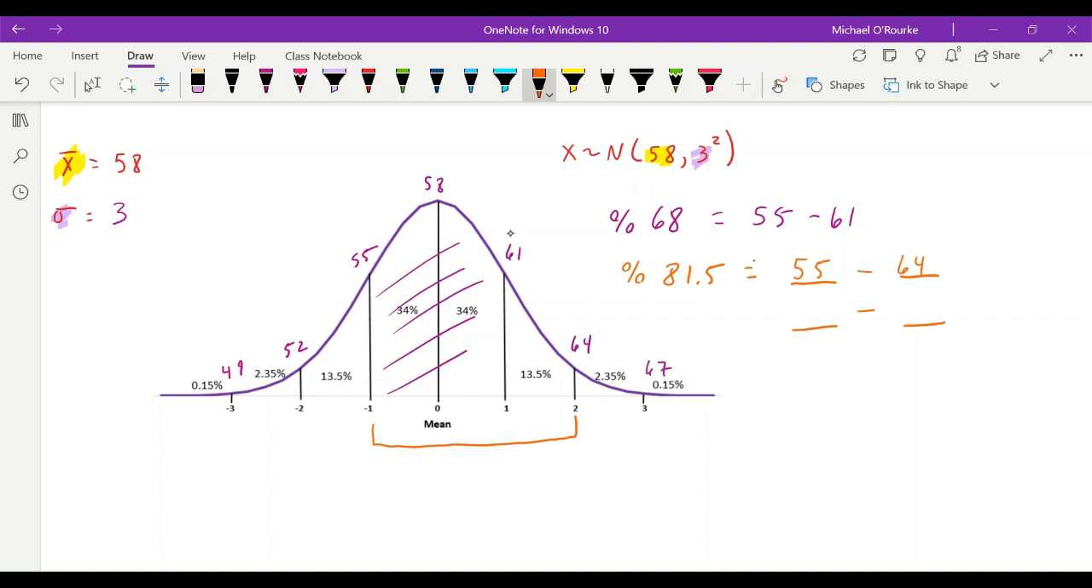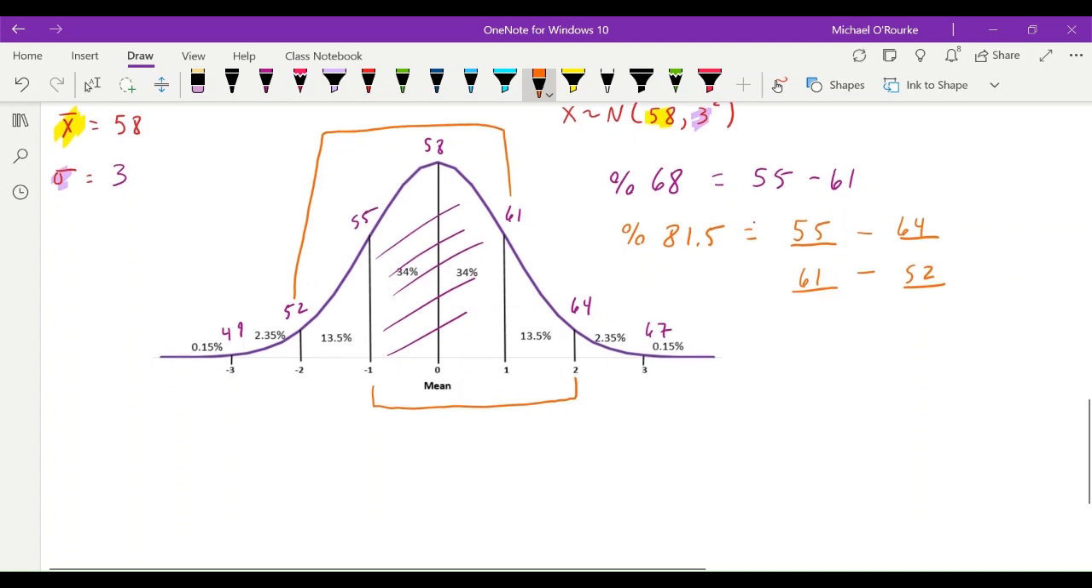But also, this also adds up. It's still 34, 34, 13.5. So 61 through 52 also add up to 81.5% of the population. Okay. Now I could ask you also, I could ask what percentage of the population is